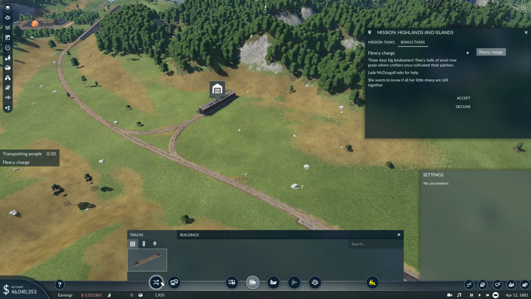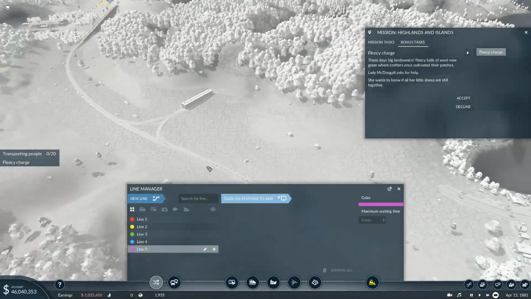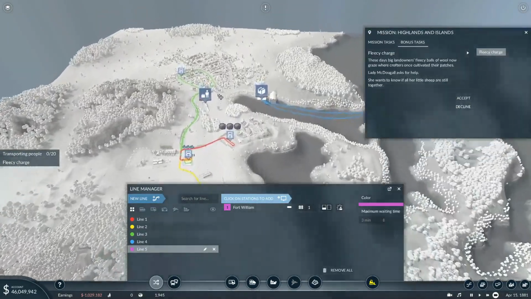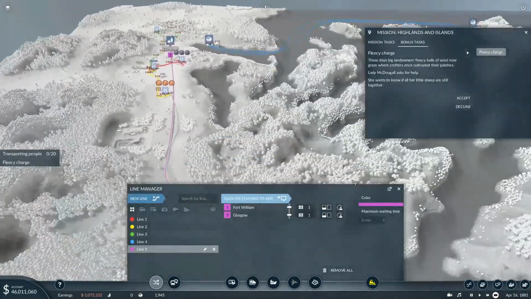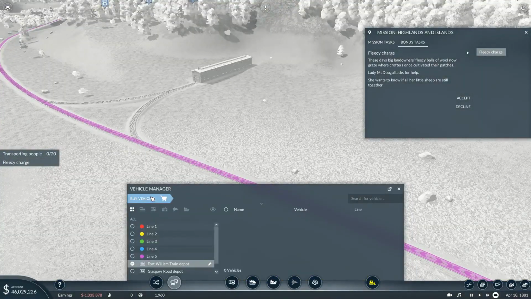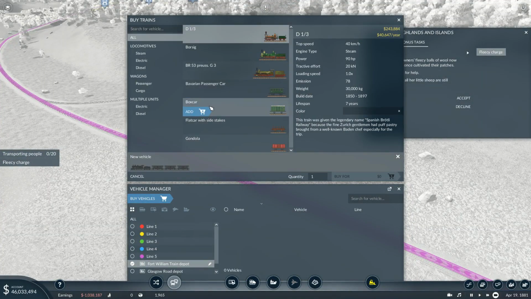And now we set up a line from Fort William to Glasgow. There we go. Wonderful. And that is the pink line. So we can buy the vehicles. And, oh, we have lots of trains open to us. Well,